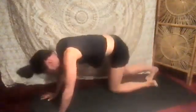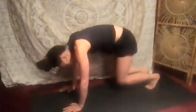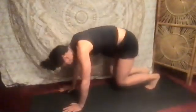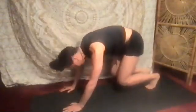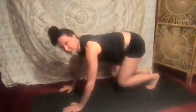and then lower down. At this point, your hands are underneath your shoulders, round your back like you're a Halloween cat, lift your sternum. This is Sassy Cat. Exhale, round. Lift your inhale, and exhale, round. Now, to make this harder, you can curl your toes, lift up your knees, and then do the same thing with the knees off the floor, cat-cow. If you're doing this harder posture with the knees off the floor, just try to keep them a couple inches off the floor. 4, to make it harder. 3,